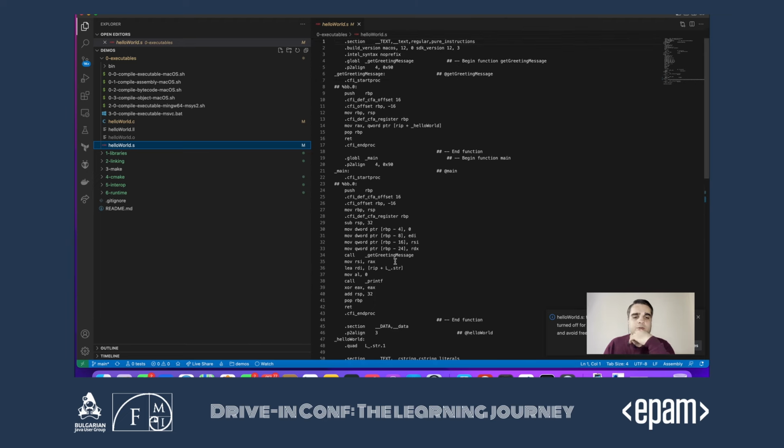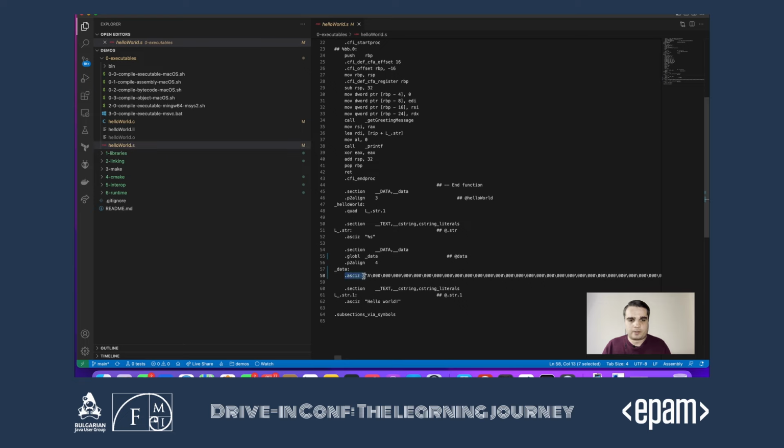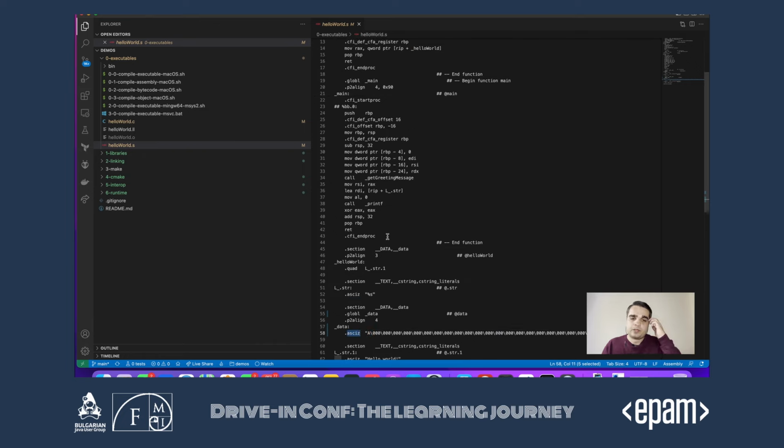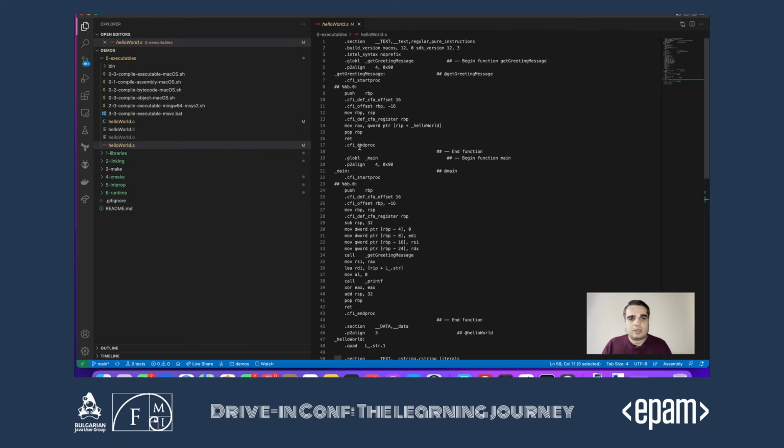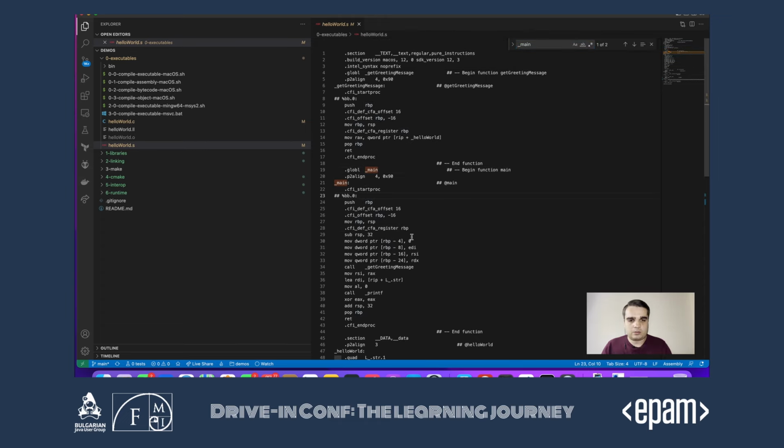But a few things to notice: we have our data here at 8 megabytes of data initialized to 0, and the first byte is A, because this is what we asked our compiler to do by typing that global variable. So you see, it didn't by default optimize it away. We told the compiler not to optimize. We have a get greeting message, which is again a global. And we have our main method somewhere here, which is as well global. And finally, we can see that we have a printf call, which is something that the operating system handles. And we should be putting our result in EAX. So we are returning 0 from this call.